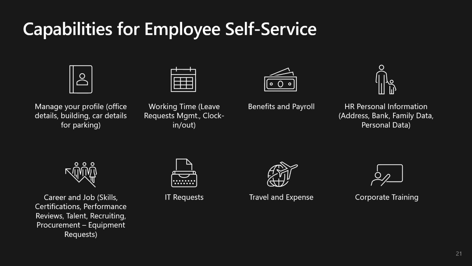Other information like benefits and payroll, compensation, I-9, W-4, pay slips, all these types of things can also be integrated in. If you are working with a learning management system, for example, you could integrate in your corporate training